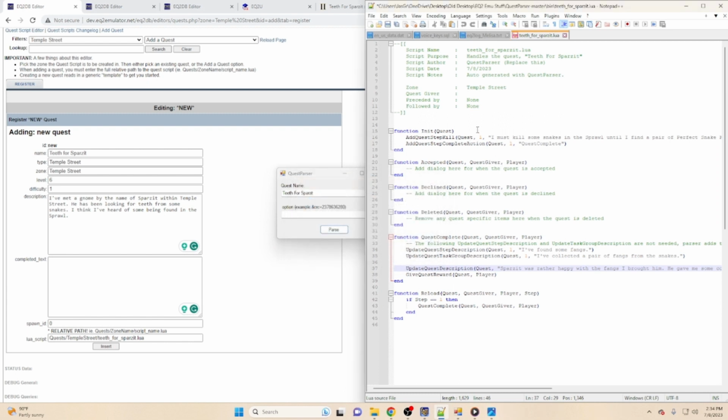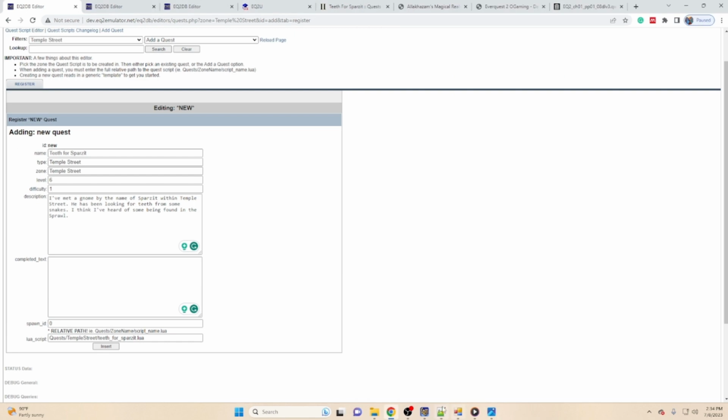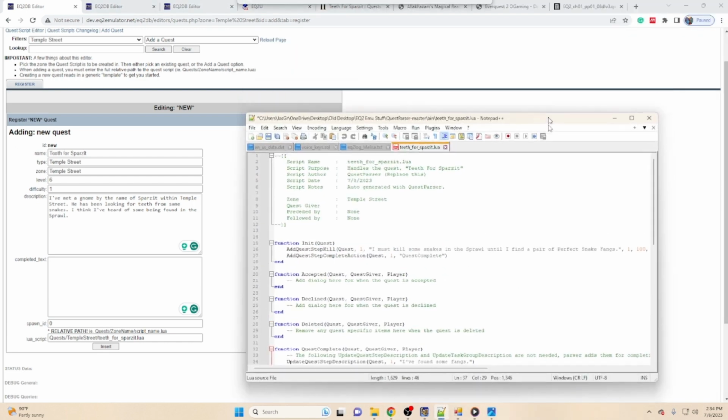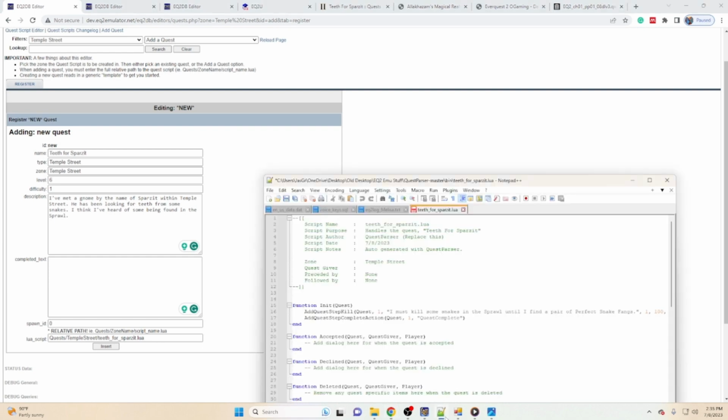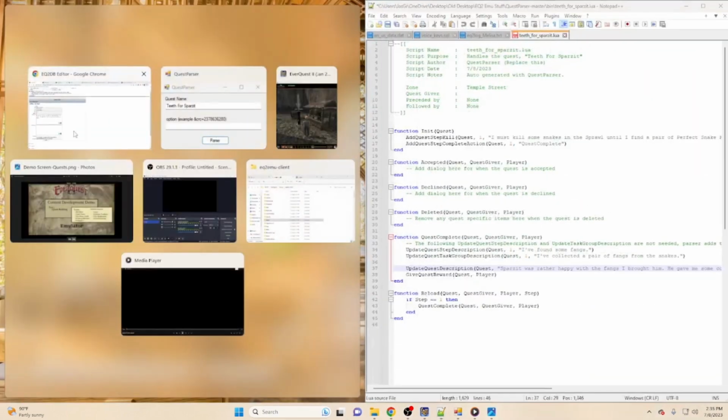But one thing I did notice, this quest should have another step. So what it should have done is, so if I go back to the primer guide, this tells me I had to get the quest, I had to kill the snakes, and then I had to return. Well, the parser did not tell me to return. So I'll have to recreate that by hand. What we're going to do then, we'll worry about that in a little bit, but with our quests that we just parsed,